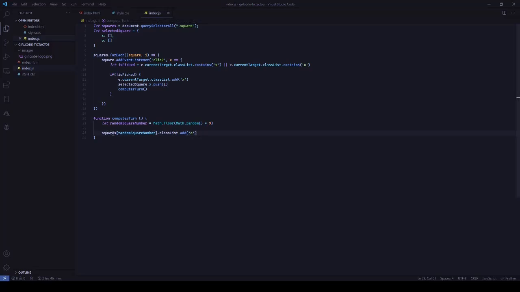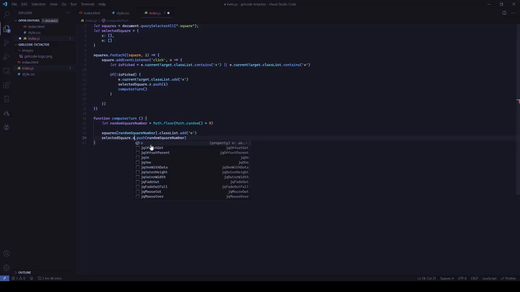for whenever the square is the computer selector square. So what we can just do is copy this, Control C, then after here Control V, and we do this here, but instead of pushing it into X, we push it into the blocks for the computer, which is O. But now remember, we also have to check